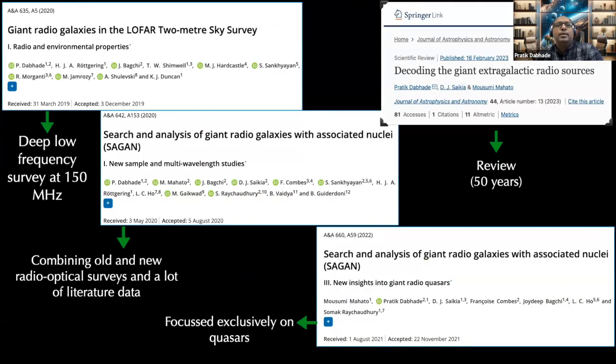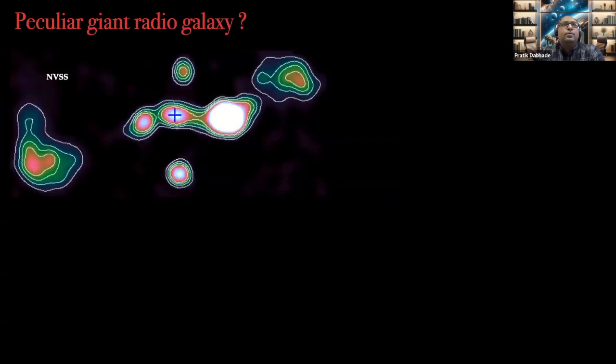So here's a quick overview of the Sagan project, where we found big samples and studied them using multivariate data. There is also a review which I wrote, which was published last year, comprising 50 years. So you can find all the details there. Anyway, I'll progress ahead to some individual sources which can be rewarding to study,